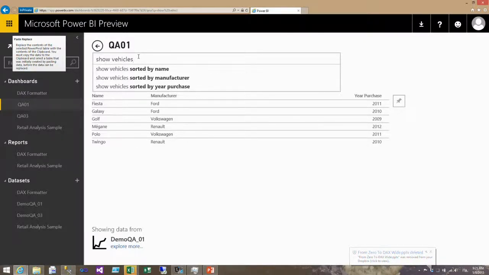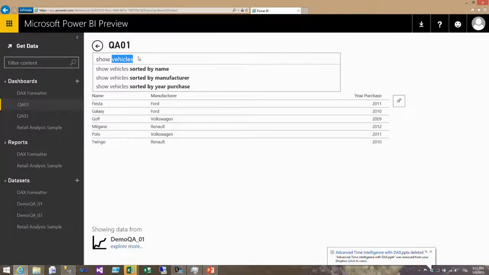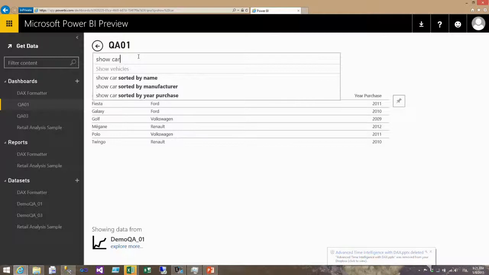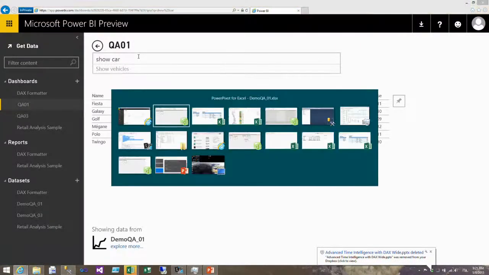Now, many people may be used to this term, but you may use a synonym for this term. You may use cars. You may use other terms. How can the engine know what is the right translation? How can the engine know that if I write car, I mean vehicle? You may think that the engine has this knowledge embedded because of the knowledge of the internet. But in reality, your specific domain model may use each name in a specific way. So it's better if you embed this knowledge into the data model.